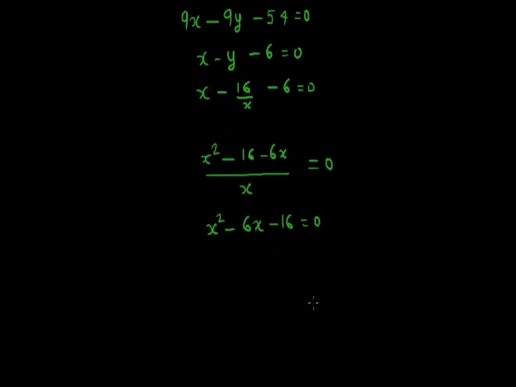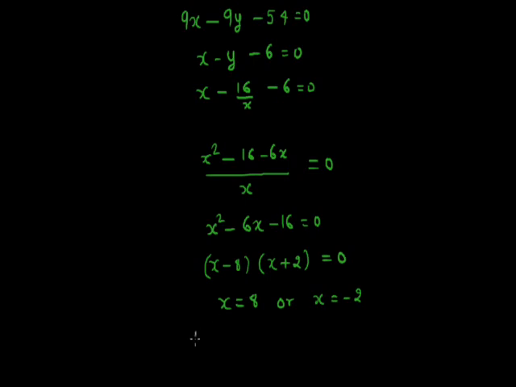Now splitting the middle term, we have to get minus 16, and in the middle we have to get minus 6. So the factors for minus 16 will be minus 8 and 2. So we can directly write minus 8 and plus 2. So we can write (x minus 8) multiplied by (x plus 2) equal to 0. So from here x equal to 8 or x equal to minus 2. Now if we want to get a positive number, then x equal to minus 2 will be excluded.